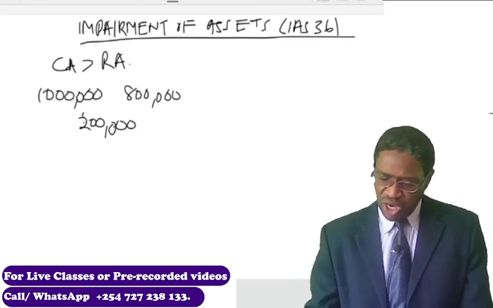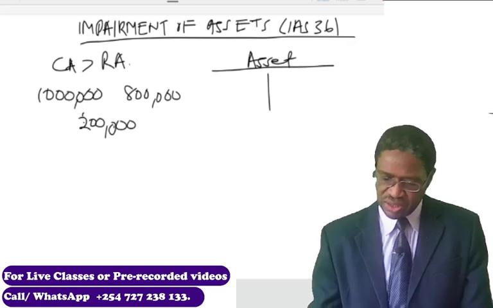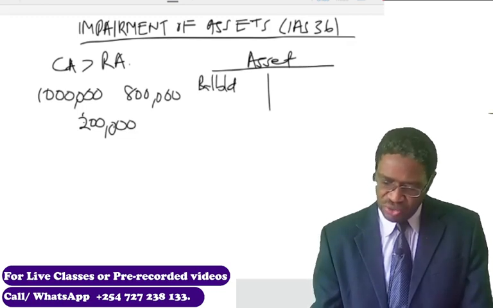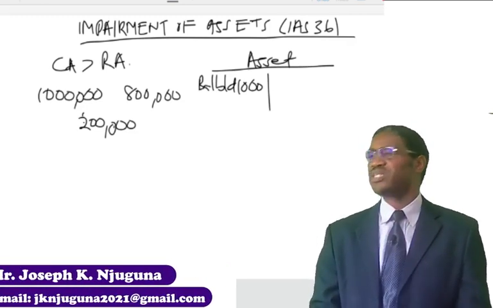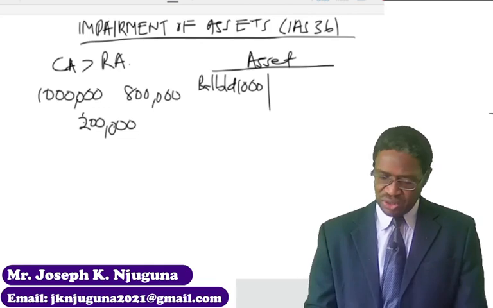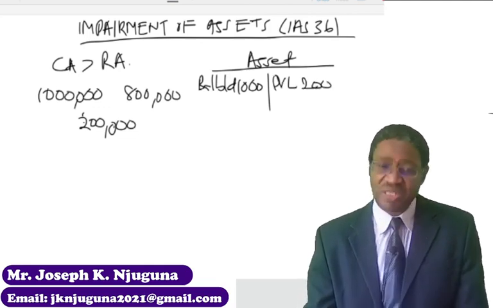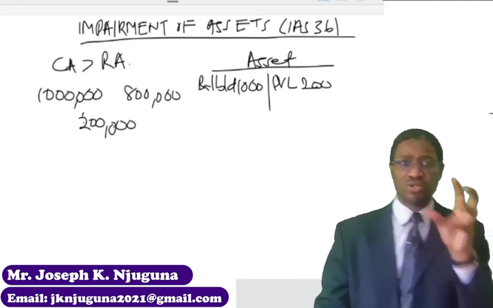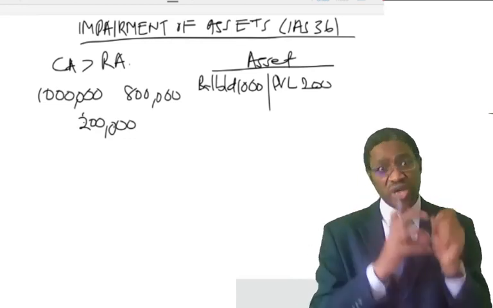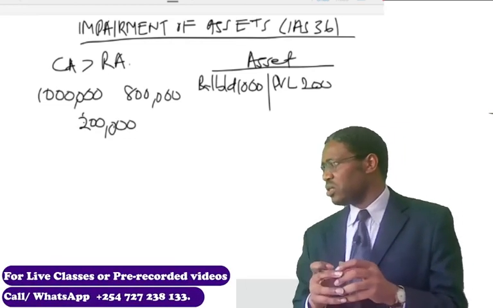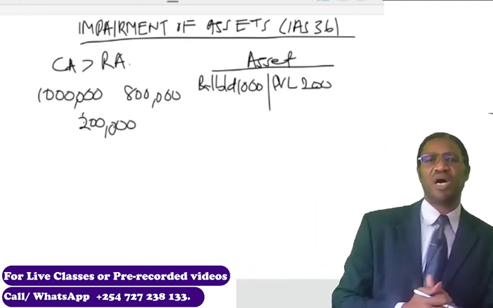Meaning, if you have an asset as a company, whichever asset it is, which has a book value of 1 million, and you are writing off that 200,000, then you credit the asset by 200,000 and you debit the profit and loss account. So that's how we deal with the impairment loss. You write it off by debiting what? By debiting the profit and loss,